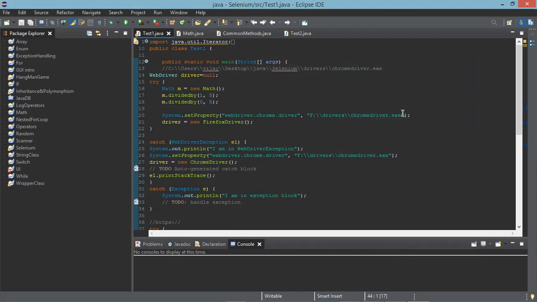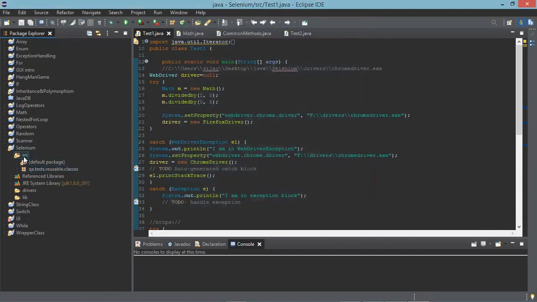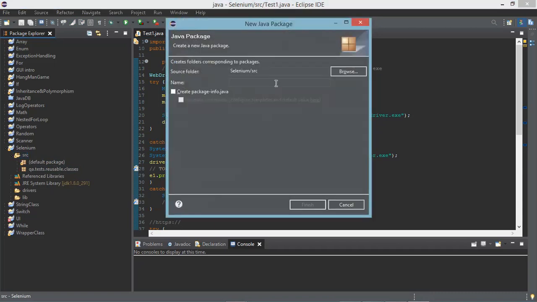Now go back to your Selenium project in the Project Explorer. Expand that. In the src, open src. Create another package. Click on src and click package. Not like that. See, the source folder is not selected yet. Close this, select src, and now click on that package. Now you get it as Selenium source, so it is taking you to that particular folder. Inside that, you are creating this new package.